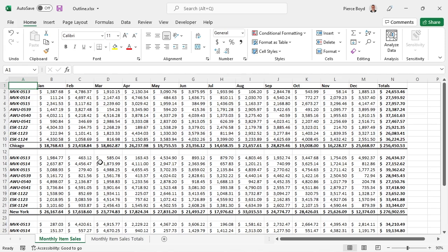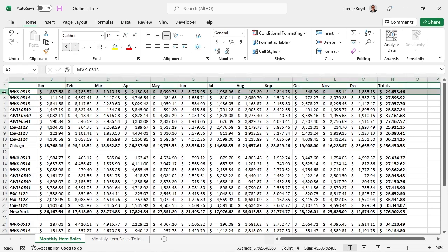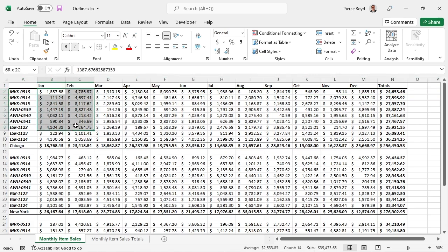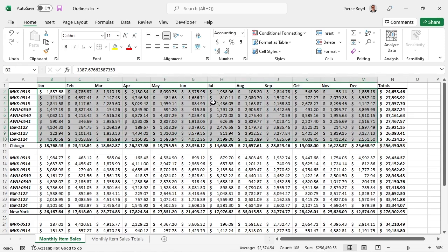And what we're going to do is create groups of our data so that we can collapse and expand them using the outlining or the grouping features. Let's take a look. I've got this first table here, and let's say that I don't need to see all of the individual data. I just want to look at the totals. So what I'm going to do is select the data, all of this data except for my items, my totals, my column headers, and of course my totals